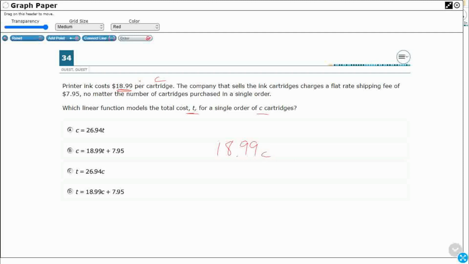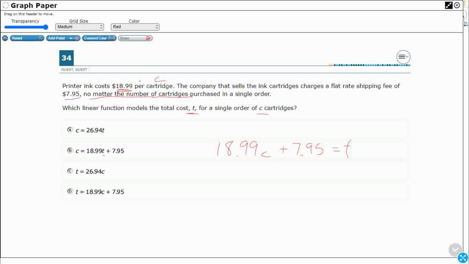per cartridge. Sells the ink rate cartridges with a flat shipping fee, $7.95, no matter the number of cartridges. All right, so we're just going to add that. Since this isn't being multiplied by anything, that's what this means right here, no matter the number of cartridges purchased. That means you don't get free shipping if you get a certain amount. You're going to pay $7.95 no matter what. So we need to add that back in, $7.95, and then that's it. That's our T, right? So you see, we've got